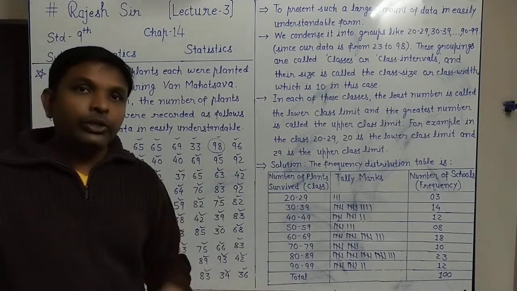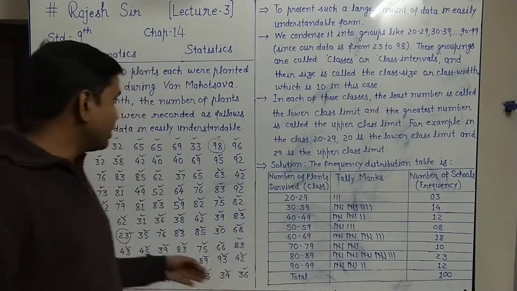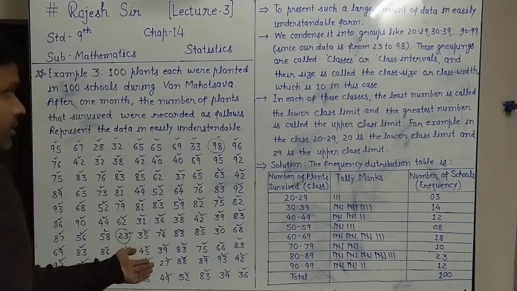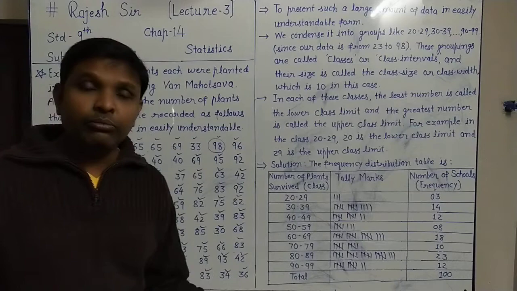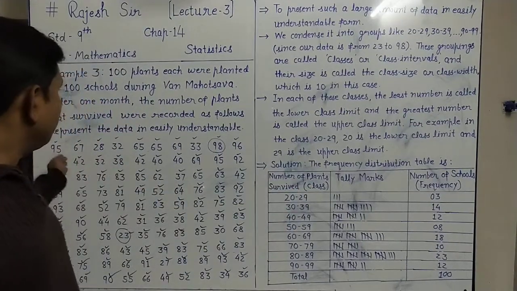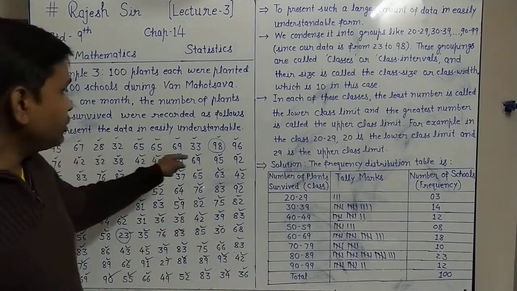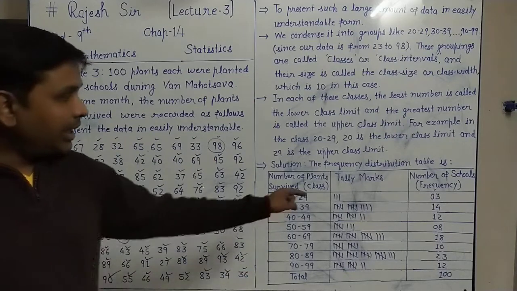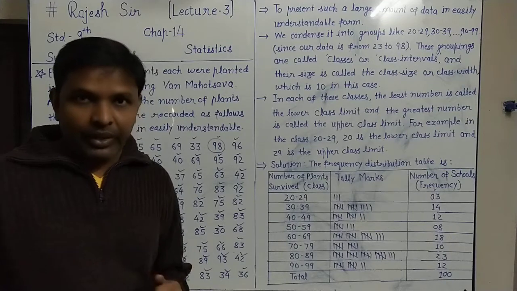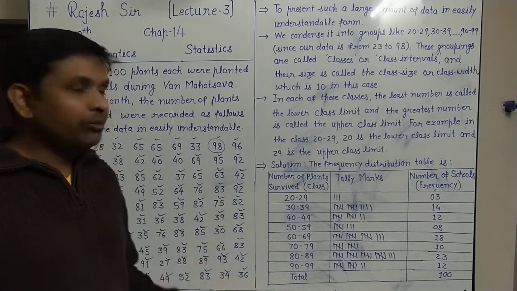tally marks. In a continuous manner you have to do it, don't give it up, otherwise you will forget on which number you have marked. So it is advisable for you that whenever you are using these tally marks, you do it very carefully and continuously, putting the mark on each of the numbers, so there will not be any mistake from your side. So then the table will be perfectly done.